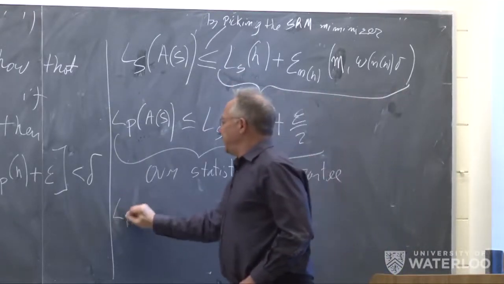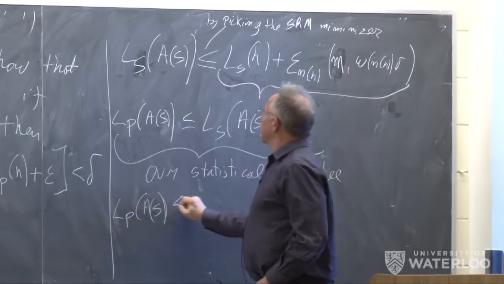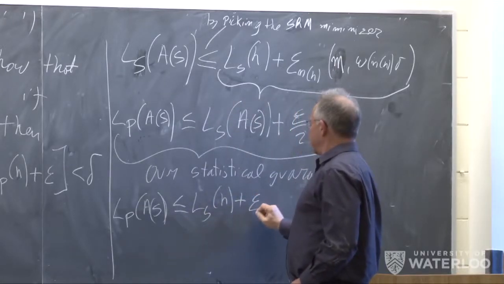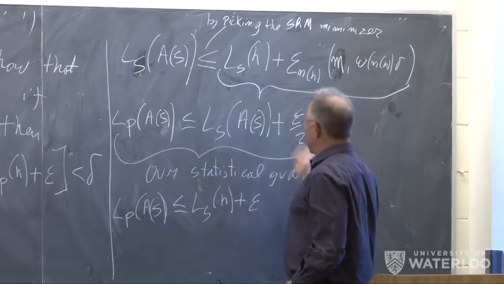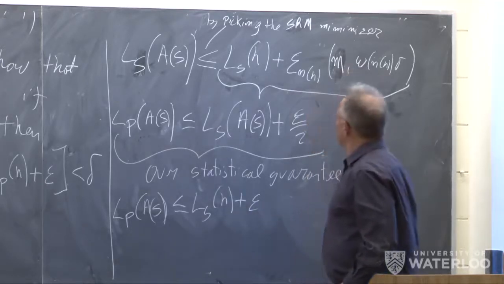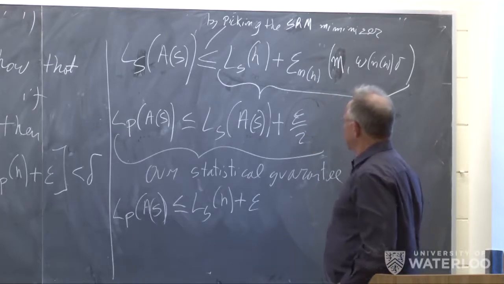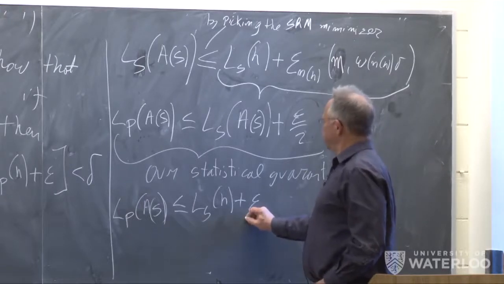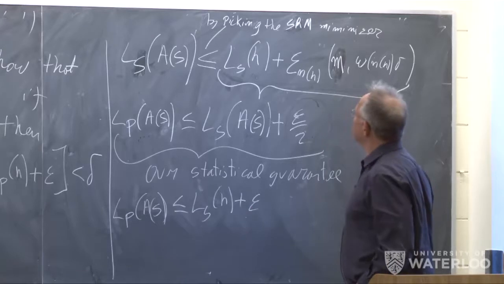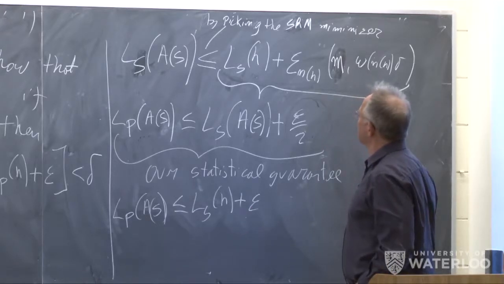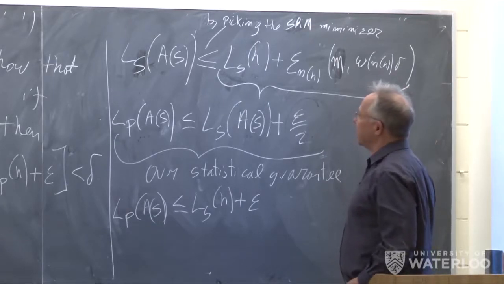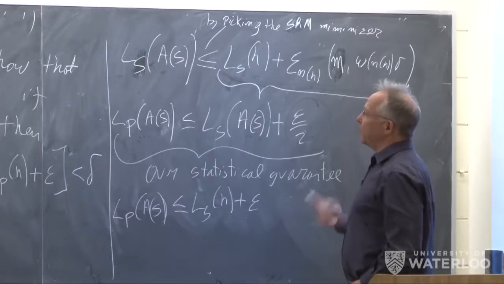So I'll get that LP of A of S is at most, now I'm putting this here, LS of H plus this epsilon, all of this guy here, which is at most